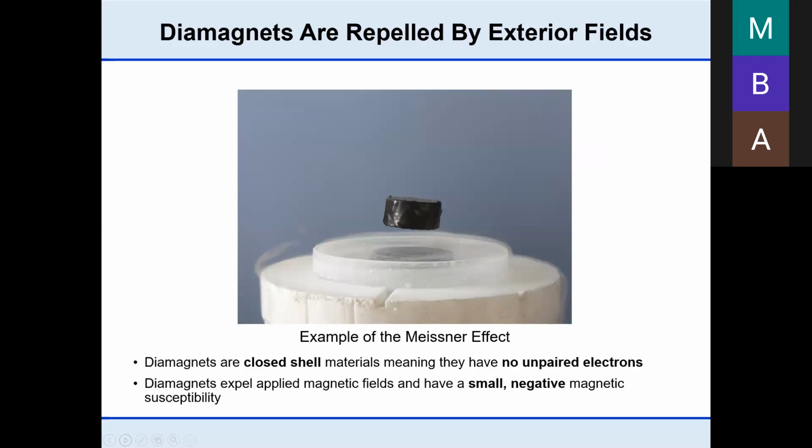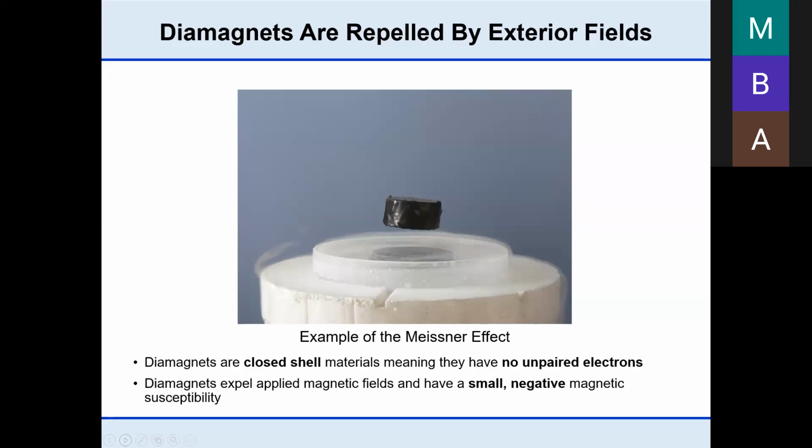Most things fall into this class of materials in that most things usually don't have unpaired electrons in their valence shell, meaning they're a closed shell, and as a result, their only interaction with an applied magnetic field comes in the form of small eddy currents that are generated,